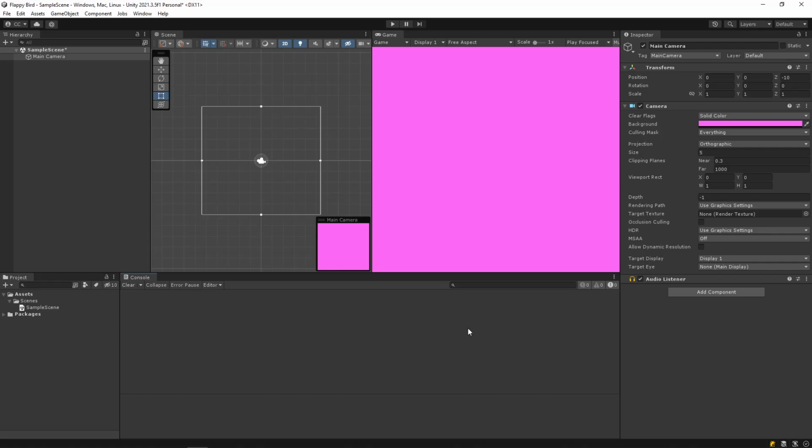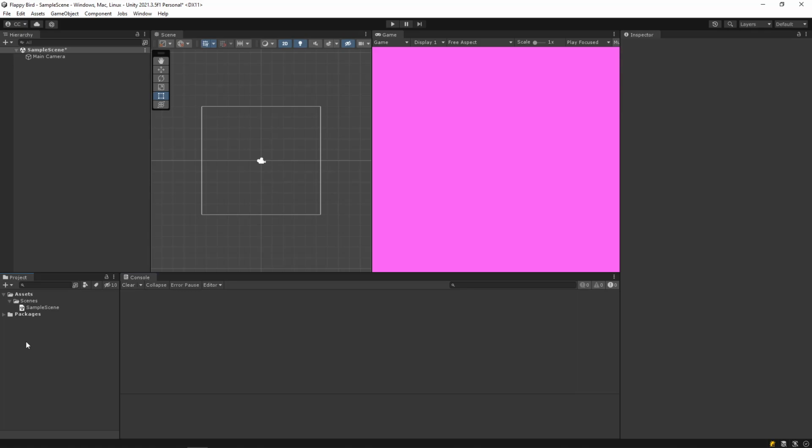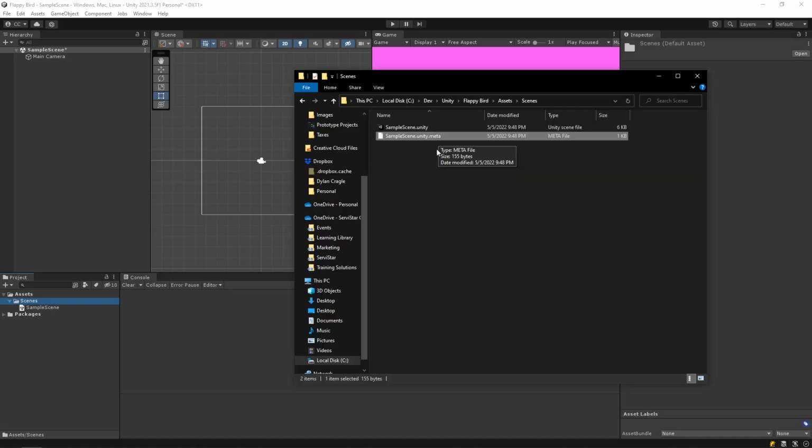Last thing is the project window. And this is the one that you're probably most familiar with, honestly, because it's just basically a file explorer. It is a file explorer, in fact. So if I was to right click on any of these, I'm just going to show this for a demonstration. We can see that this is exactly that. We have a scenes folder, and if I double click on that, we'll have the sample scene that we are currently messing with.